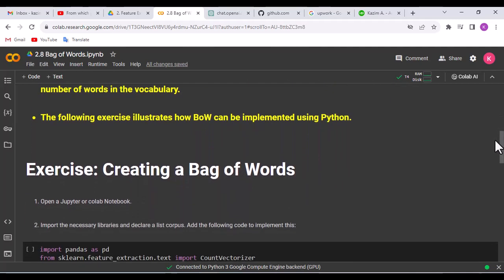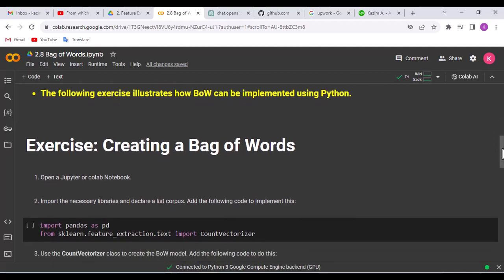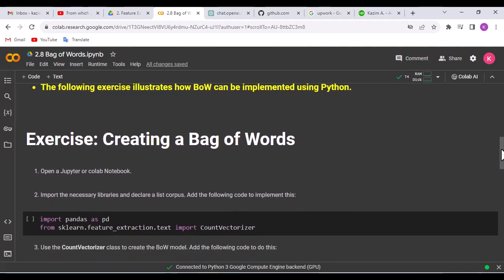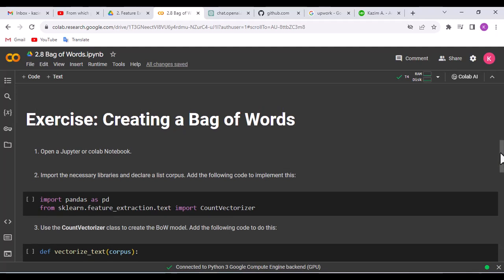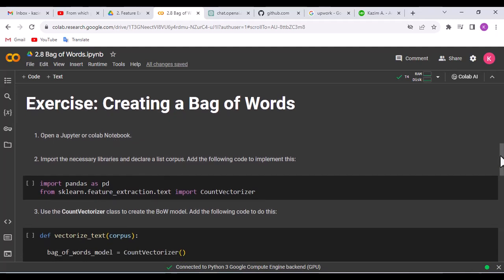The following exercise illustrates how the bag of words model can be implemented using the Python programming language. Now we do an exercise to understand the bag of words model. Exercise: creating a bag of words. Number 1. Open a Jupyter or Colab notebook for writing code. Number 2. Import the necessary libraries and declare a corpus list, and add the following code